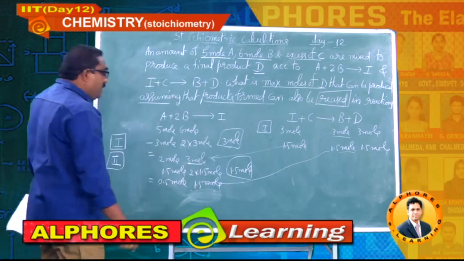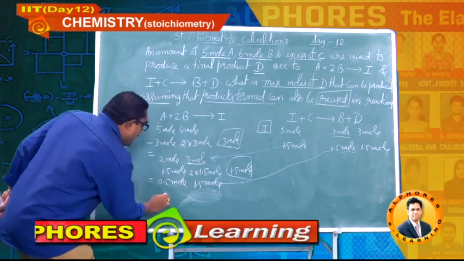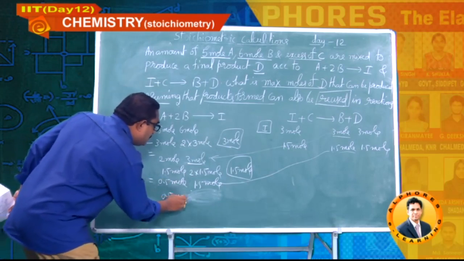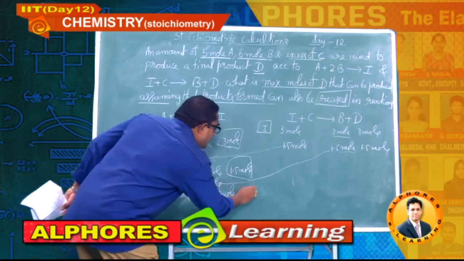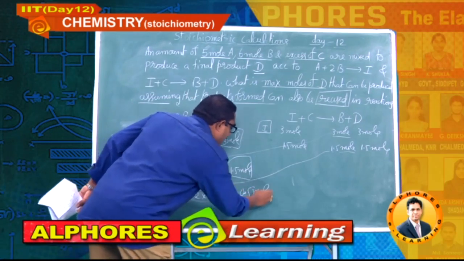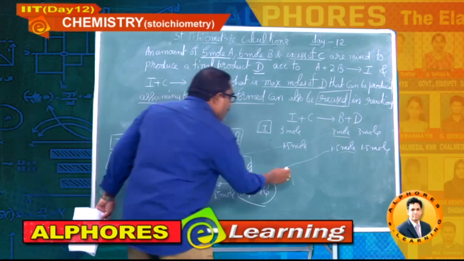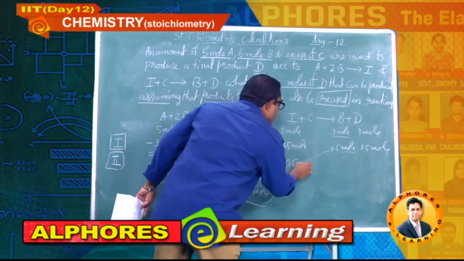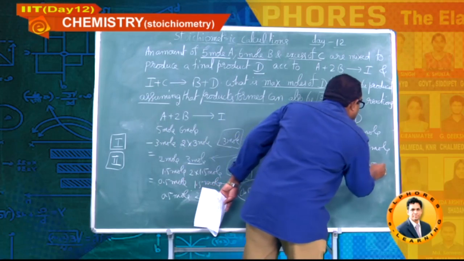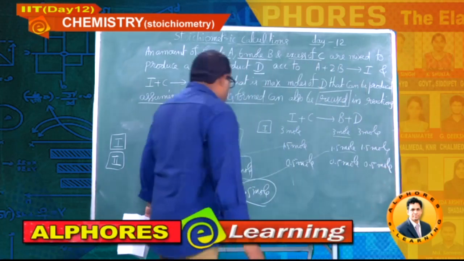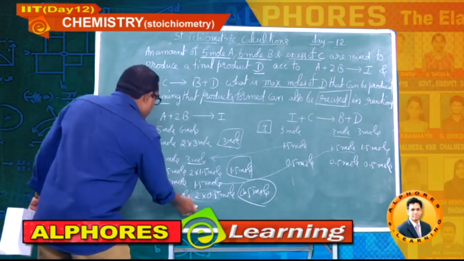So now you have to fix A as limiting reagent. A is completely consumed. So B required is 2 into 0.5 mole. Here production of A is 0.5 mole, students. Again you got 0.5 mole of I. Again you have to go for next reaction, that is 0.5 mole gives rise to 0.5 mole of this and 0.5 mole of this. So again B has 0.5 mole. So you will get B again 0.5 mole.